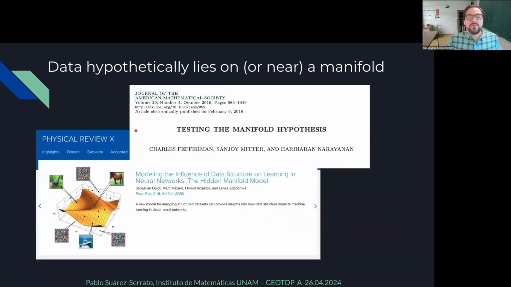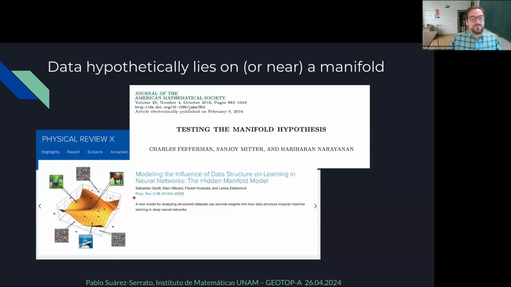Now, another way in which manifolds appear naturally in the study of data is by what's known as the manifold hypothesis. And this posits the idea that data naturally lies on, or maybe just near, a manifold, so that if we take the collection of all the data points and we find a neighborhood that contains them, that will be a smooth manifold of much lower dimension than the original ambient space that contains the data. This has been considered very seriously by a number of people, both in physics and math,